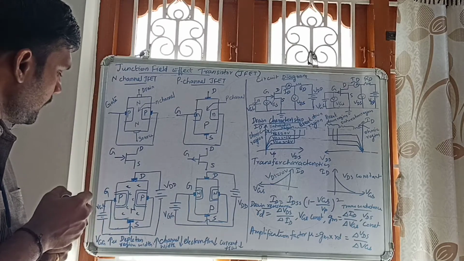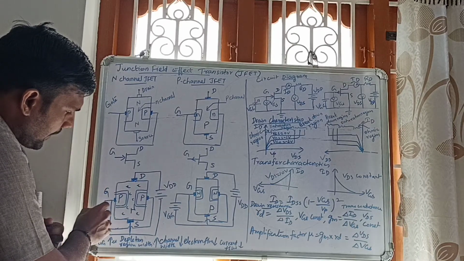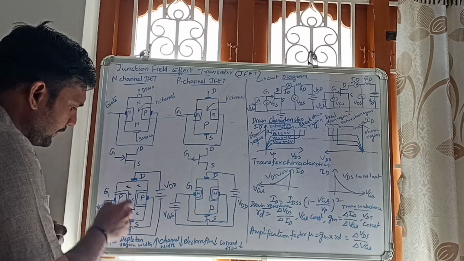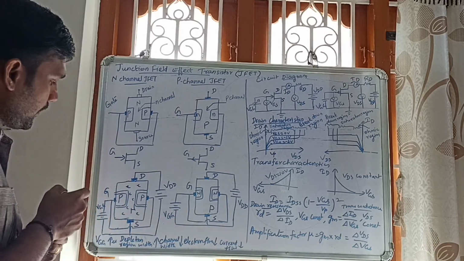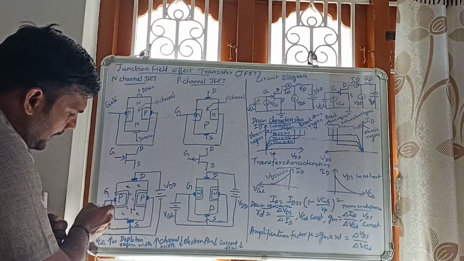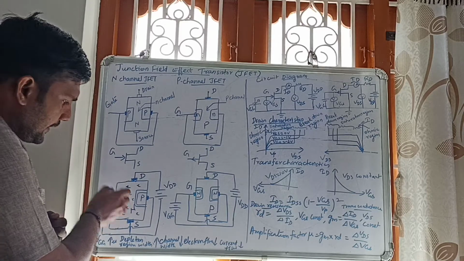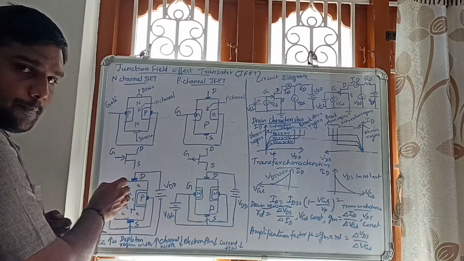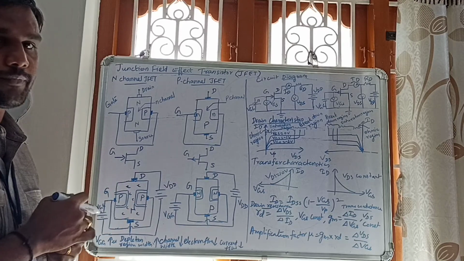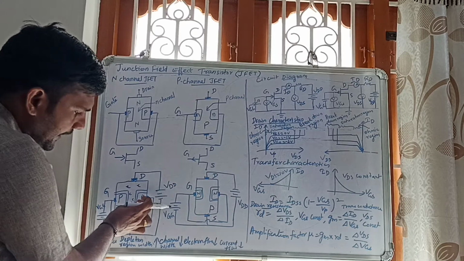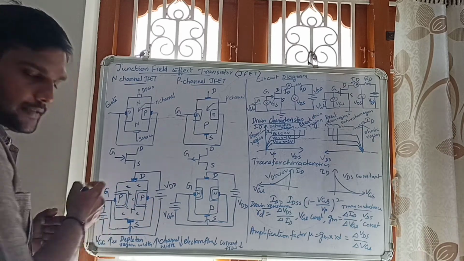Let us see how. See, the negative supply is given to the P-type region. Positive is given to the N-type region. Is it not? So, that is reverse bias. For the P-type negative, for the N-type positive, that is reverse bias. Under reverse bias, at the PN junction, depletion region width increases. Similarly, this side also depletion region width increases because of the reverse bias.